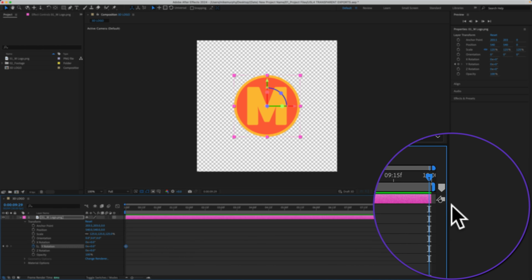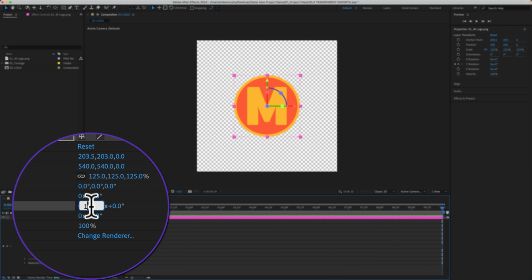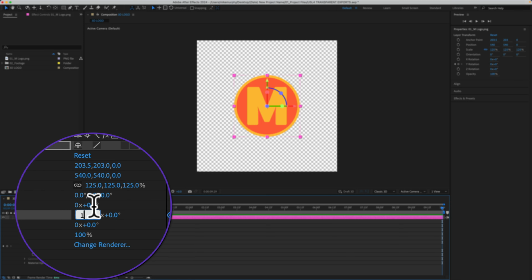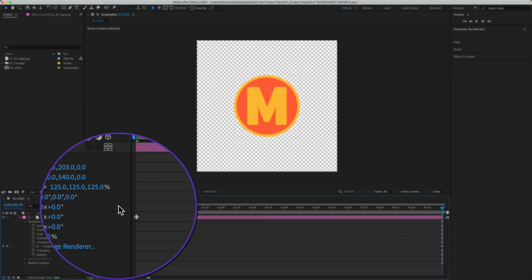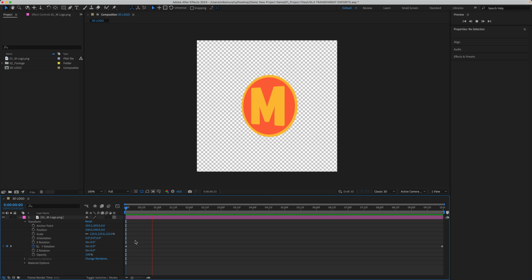I can go to the end of the timeline. By putting 1 in this first position, that's saying that I want to rotate the logo a full 360 degrees. And if I tap the spacebar, you'll see we have a simple animation of this logo rotating on the Y rotation in 3D space. And just for practice, I'll show you that we can create this exact same animation using